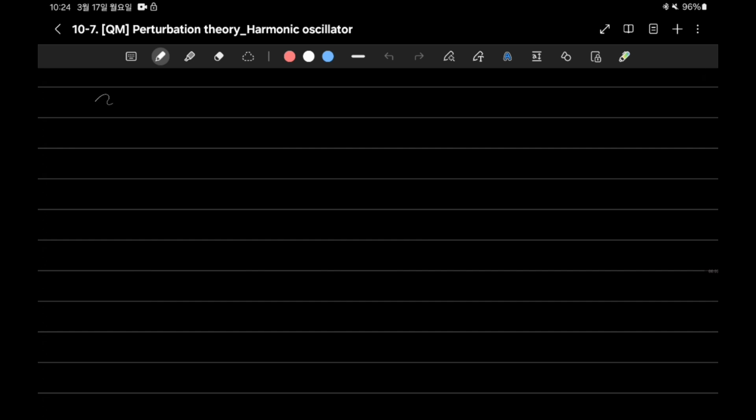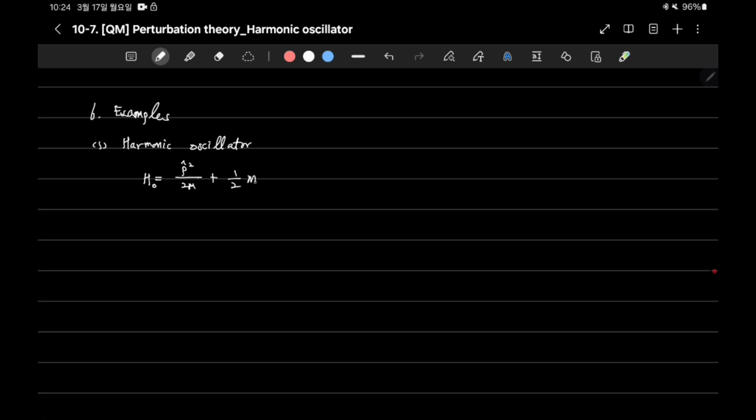From now on, let's think about several examples for perturbation theory. First one is the harmonic oscillator. We already know that the harmonic oscillator Hamiltonian, the unperturbed one, is exactly solvable, so it is p squared over 2m plus